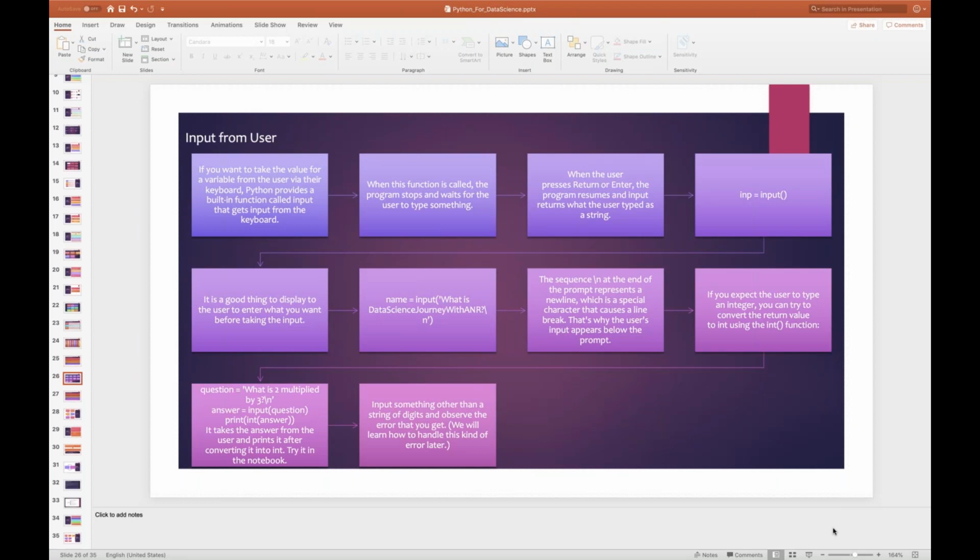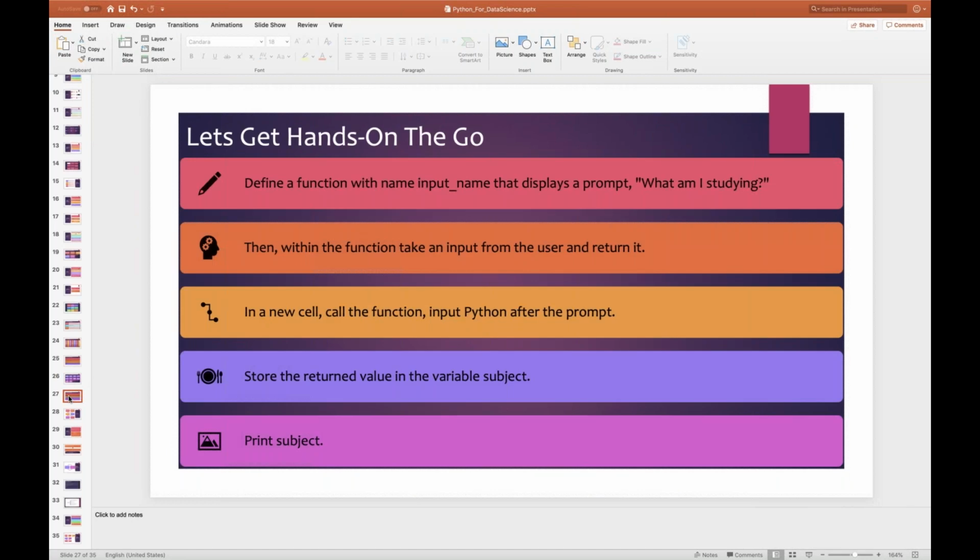Let me do an exercise for you now. Erase all the noise, go to the pointer. Now define a function with the name input_name that displays a prompt, "What are you studying?" I repeat, don't get confused.